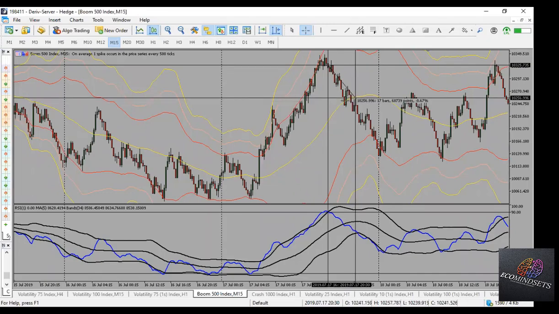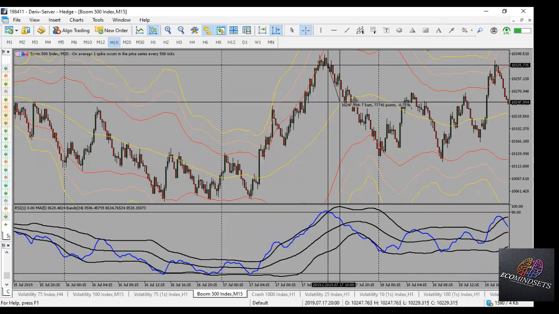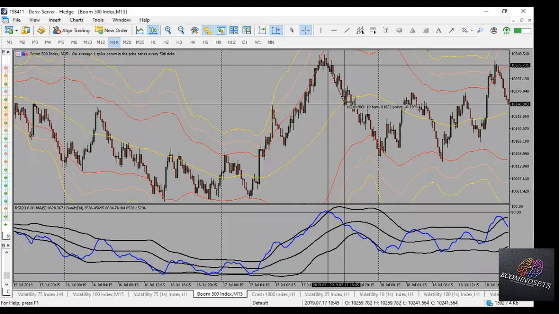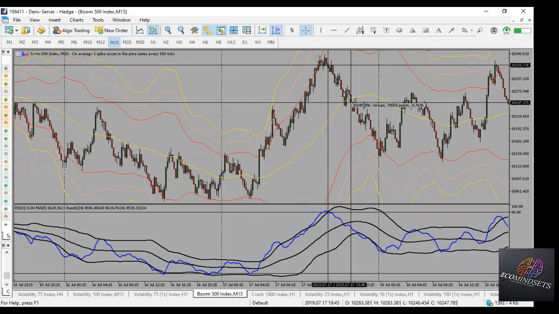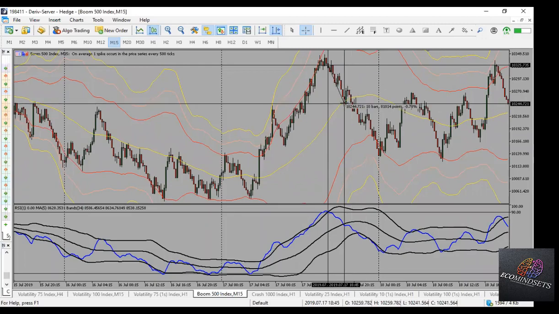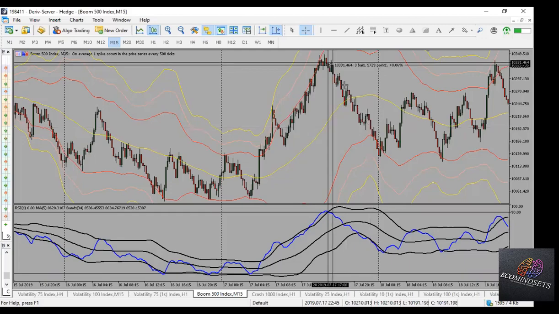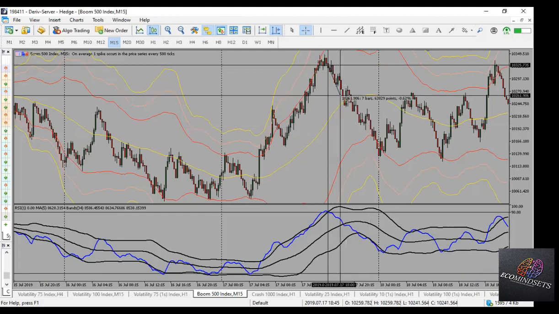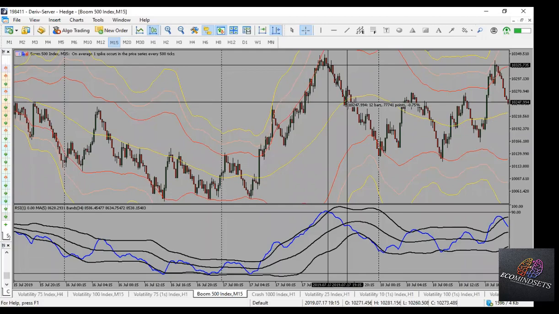Because as I said, the middle Bollinger Band serves as what? As a support level. So once you get there, you can take your profit. Okay, you don't need over 1 million pips or 2,000 pips to be rich in this boom and crash market. You just need a few pips. It's all about good money management, and then you are good to go.